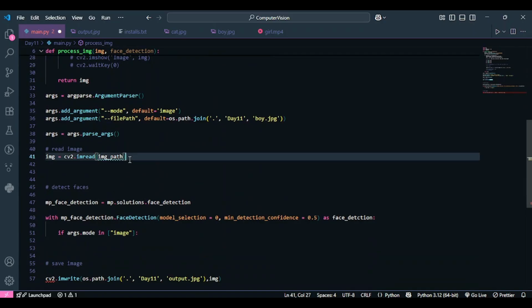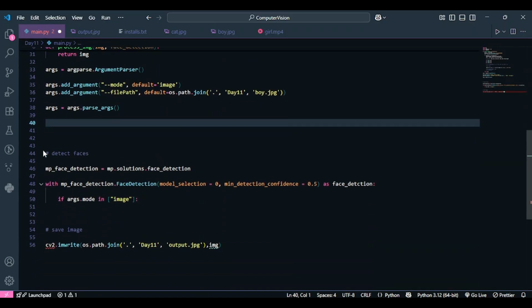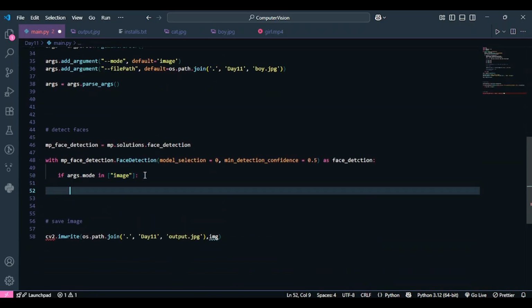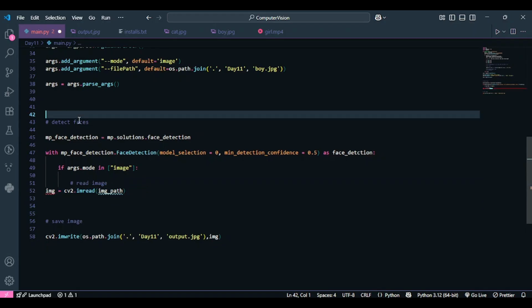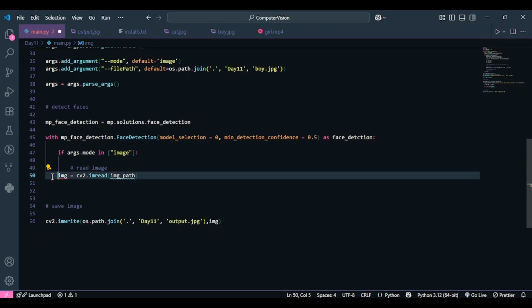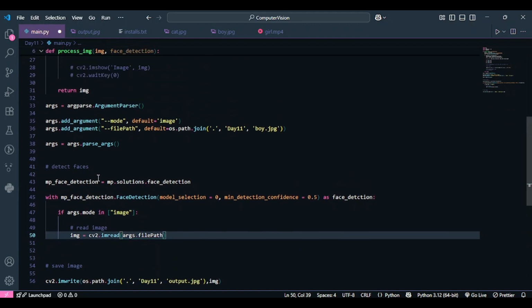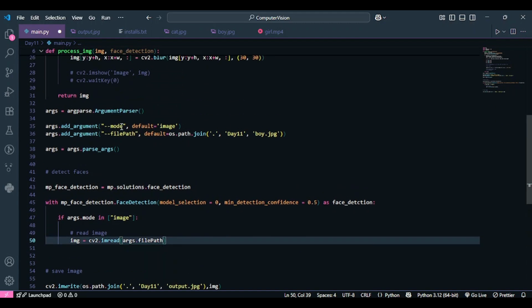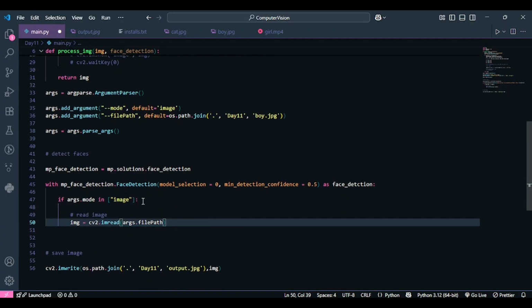But now we are going to read the image over here, because if it's an image, only then we have to read that image. Okay, so I'm going to press tab, and that is perfect. Now instead of the image path, I'm going to pass args.filePath, because this is the other argument. We have two arguments, right? We have args.mode and we have args.filePath. So now I don't have to dynamically write the path, I can just call that function over here.